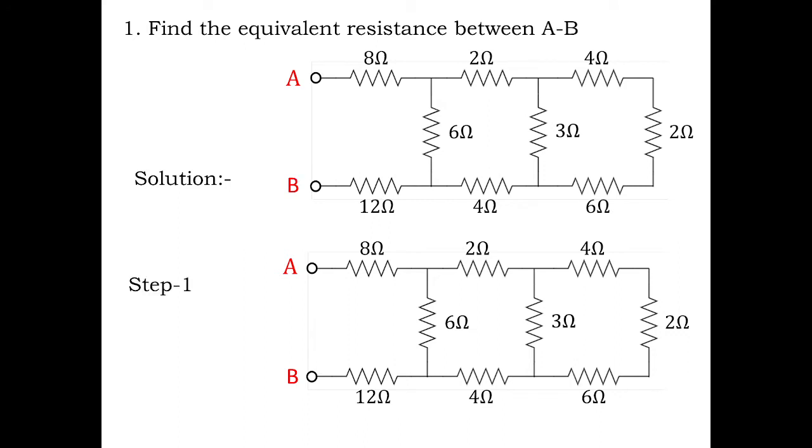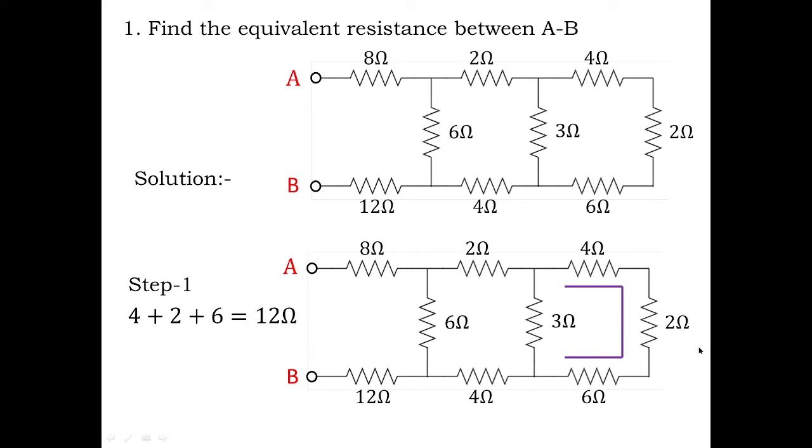In this step 1, I'll start calculating the equivalent resistance from the terminating side. This is called the terminating side, and A and B is the reference point where you need to calculate the total R equivalent, and 4, 2 and 6 are the terminating resistor values for this A and B. So 4, 2, 6, they are said to be in series. So we'll add up 4, 2 and 6 and we'll get the value as 12 ohms.